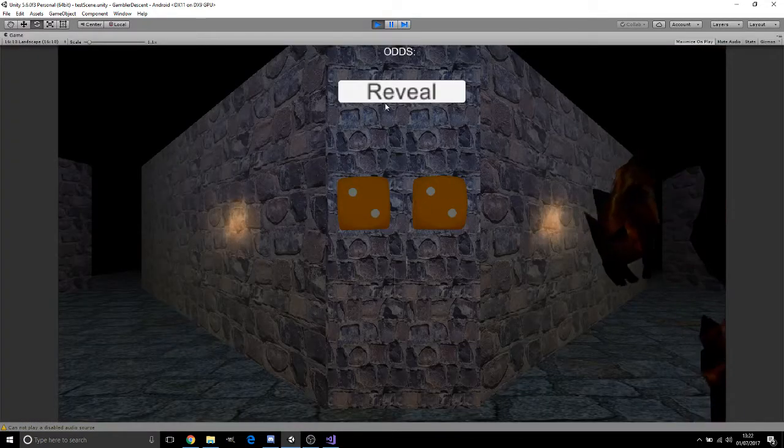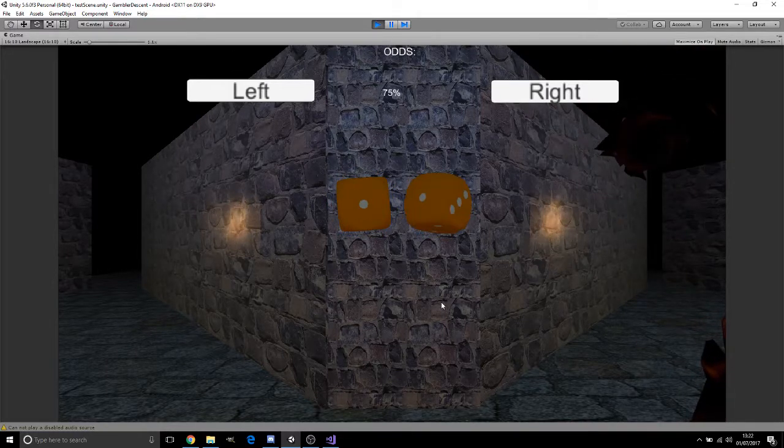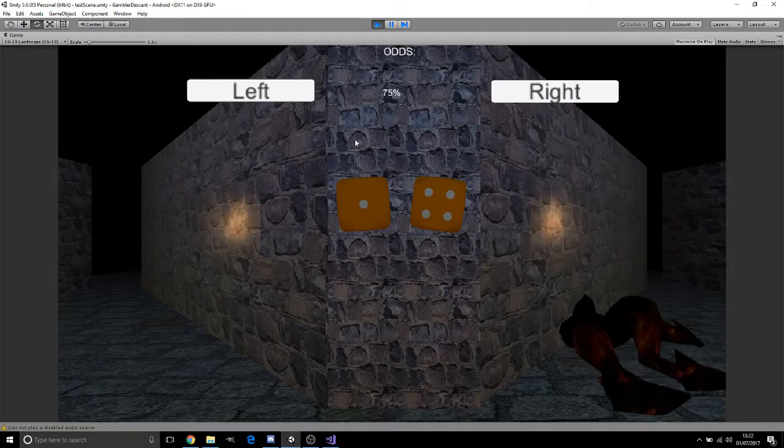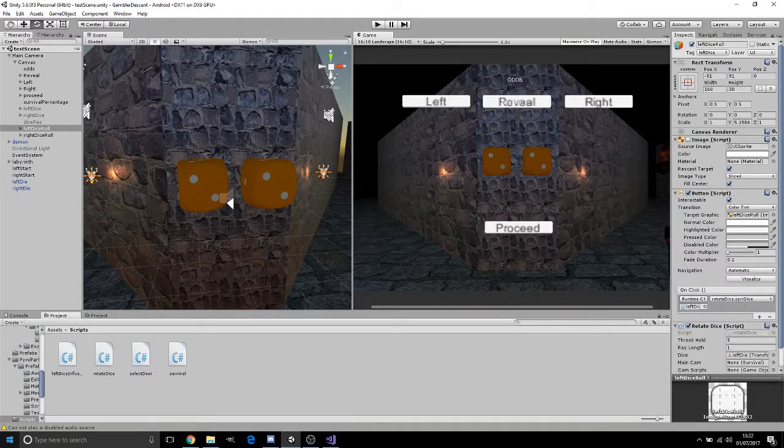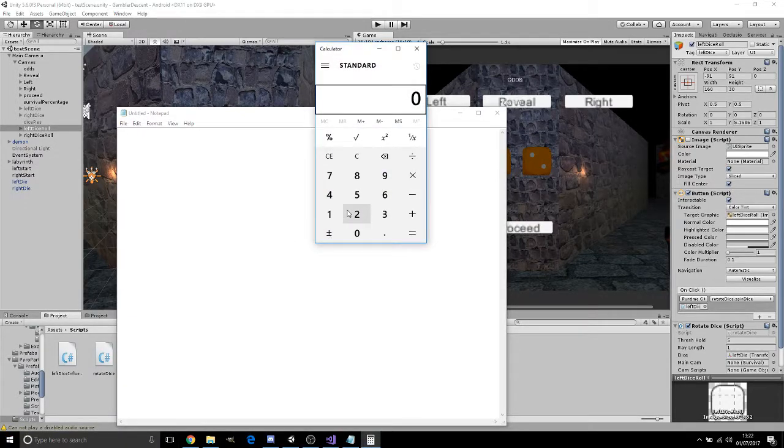Just double check these, can't click them, reveal 74. Yes. Good. I went from 74 to 75 from a 1. I think that's because of a small decimal. We're going to need to check this. Divided by 74. Yeah, you see. Times by, what was it, 1? 1.3. Rounded down to 75. So